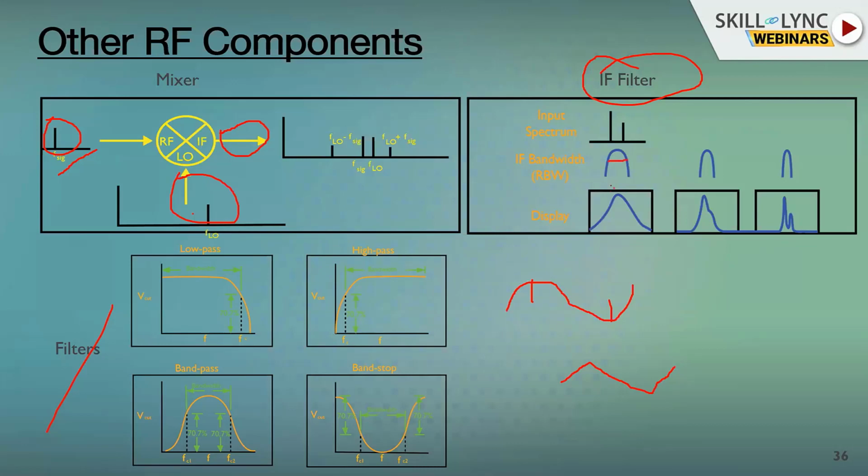You can see here that the same signal is being sent. If you use a higher IF bandwidth, you are getting the signal like this, you are decoding the signal like this. When you reduce the IF bandwidth, you can capture even finer information of the signal. That is the advantage of this IF filter, and resolution bandwidth is very important in order to decode the signal properly. Other than that, filters are there: low pass filters, high pass filters, band pass, band stop, and so on.